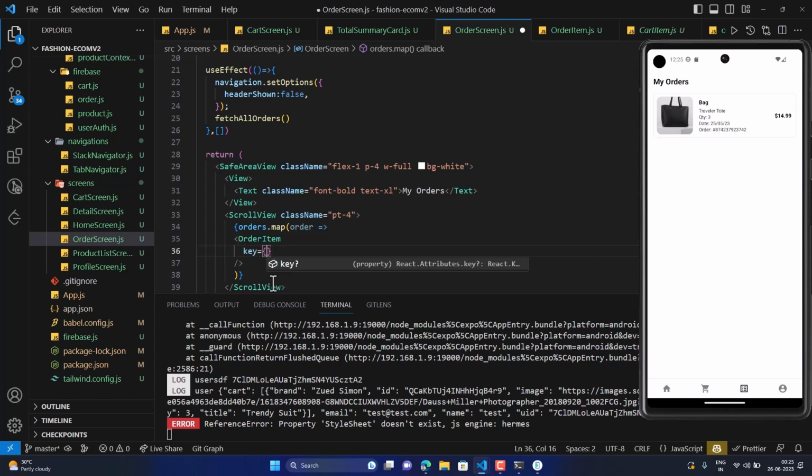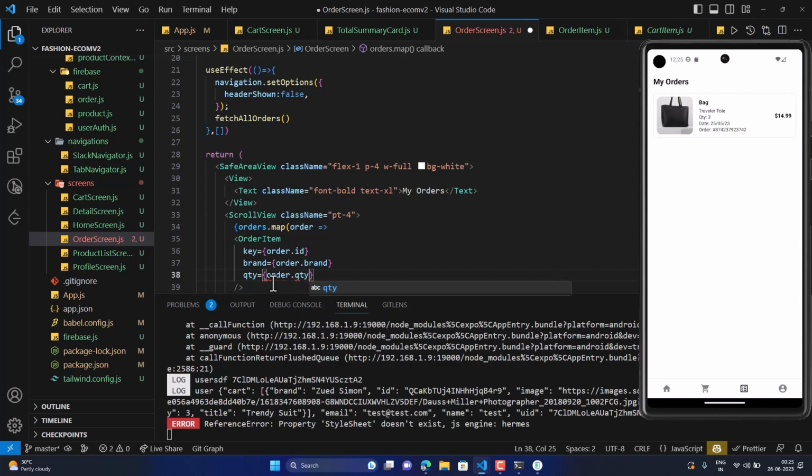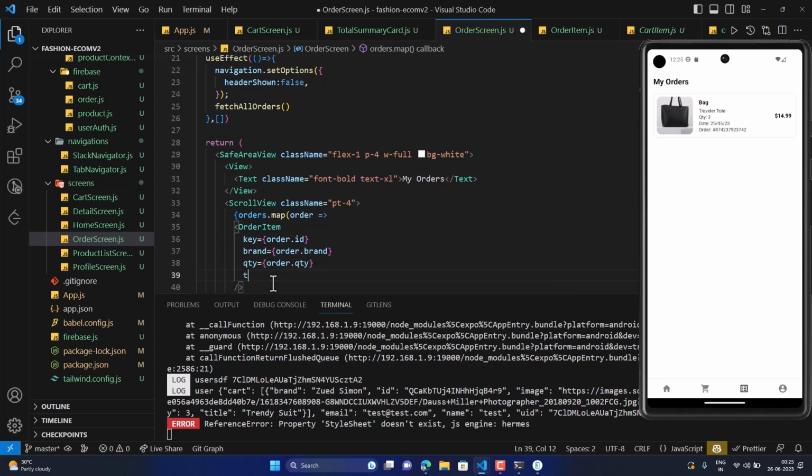Key is order.id and brand order.brand, and quantity is order.quantity, then title